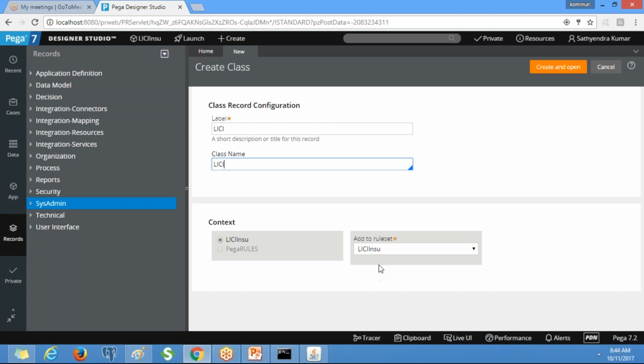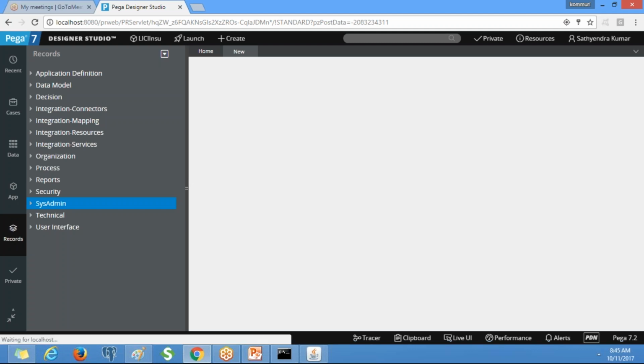Now you see I'm going to create a class. This is one rule, right? So this is going to be stored in which rule set? Our rule set. This is the only rule set available. If you want to create multiple rule sets you can create them; when we need to, we'll learn later. So the BYA class is created in the BYA related rule set. Clear now? Yeah, so now click on create and open.